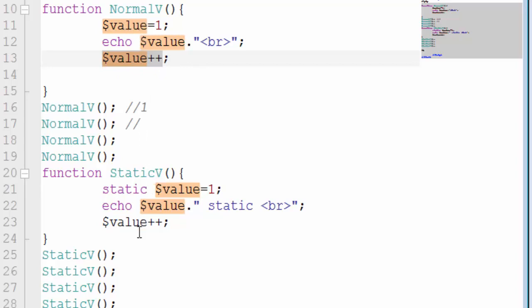But in case of static, when we are incrementing it, then instead of having the old value, it's gonna have the new value of increment. So the first time our output will be 1, second time it will be 2 because it's gonna add the increment from here, third time it will be 3, and the fourth time it will be 4. So this is called the static variable. By using it, you can stick with the one value and you can use it over and over every time with the changed value.